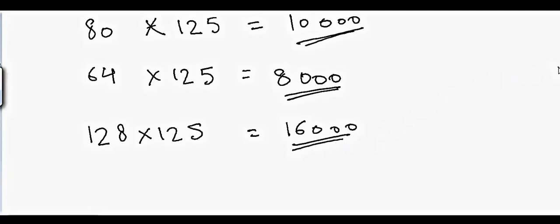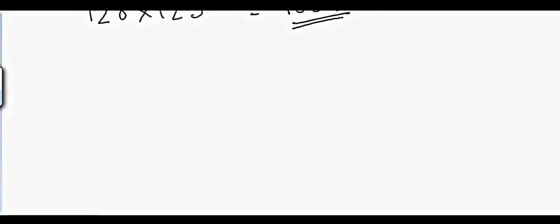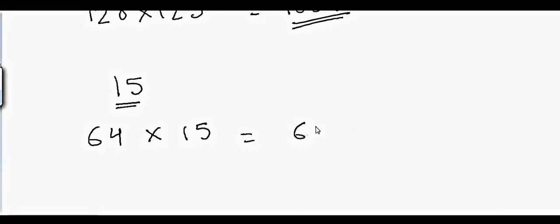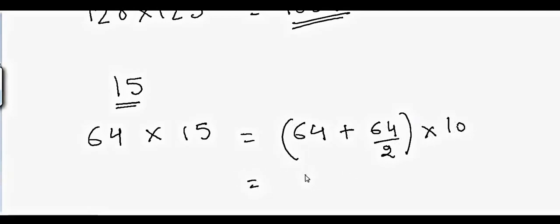So now let's go to multiplication by 15. In case of 15, this is a little different. Suppose we have 64 and want to multiply it by 15. In this case, what I will do is take 64 and then add 64 divided by 2 to it, and then multiply by 10. So that will be equal to 64 plus 32, into 10, and that's equal to